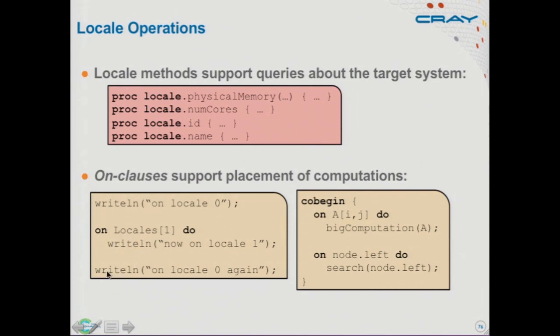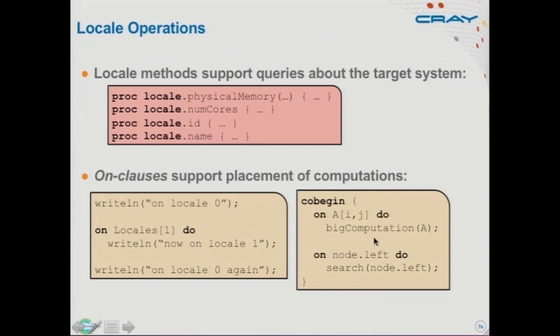So this is a way to move the computation around the machine. And it's worth noting that the on clause itself is not parallel. So this is still sequential code. It's just sequential code that's migrating around the machine as it's running. And again, philosophically, we think this is really important. Locality and parallelism tend to be tightly coupled in the models we use. SPMD parallelism is talking about locality and parallelism all together, and that's one of the reasons it's hard to get nested parallelism and things like that. We think those two things should be separate.